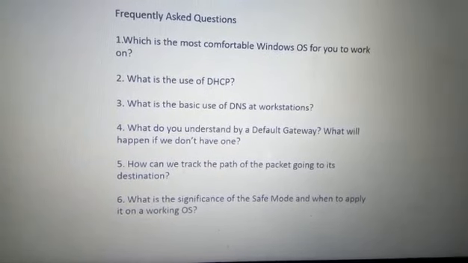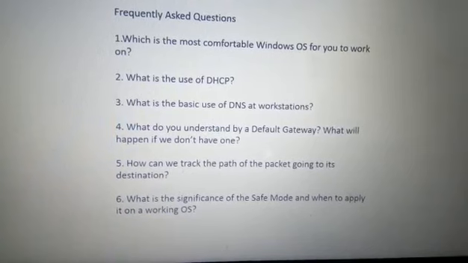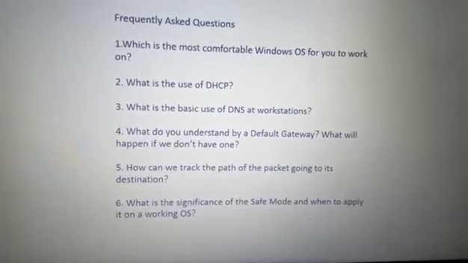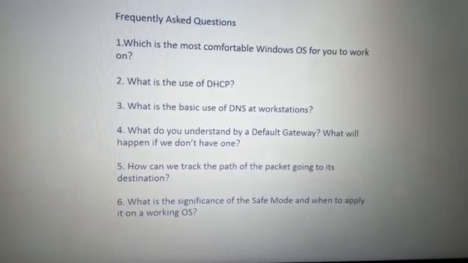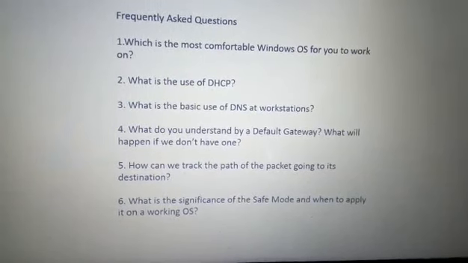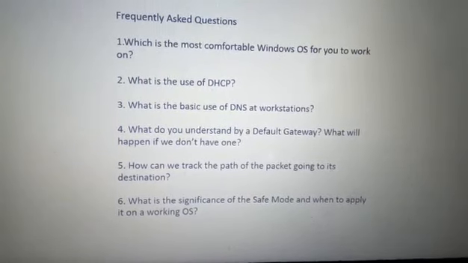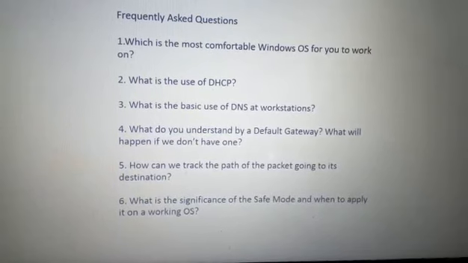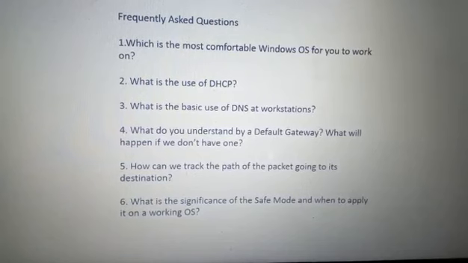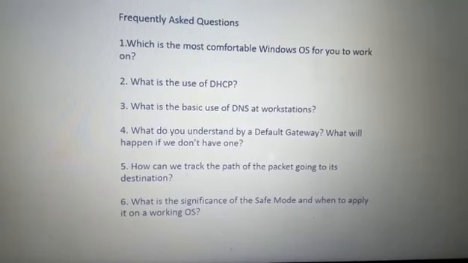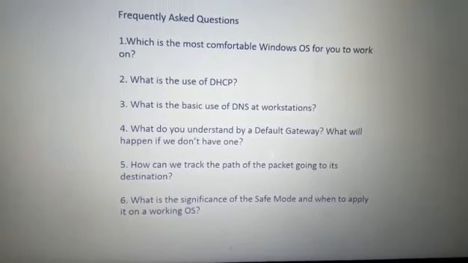So now we are going to cover the frequently asked questions which will be asked whenever a person is going for a job for desktop support, L1 support. The first question is, which is the most comfortable OS for you to work on? You should be in a position to answer with the latest version and also a few drawbacks and concerns of the old flavors of operating system. That is, previous operating system flavors were Windows XP, Windows 7. Now it has moved to Windows 10.